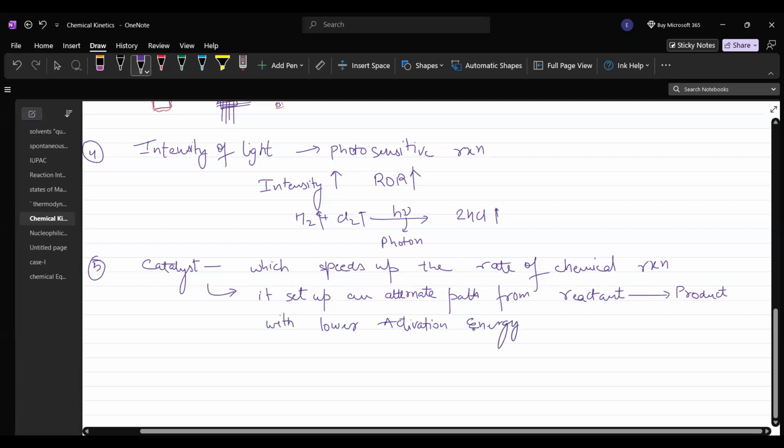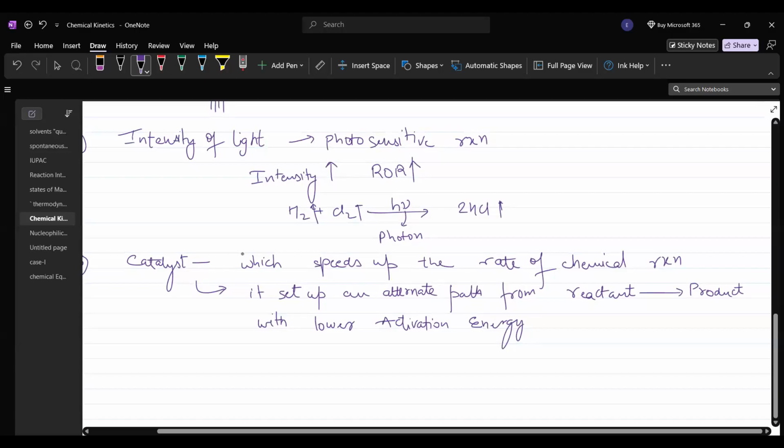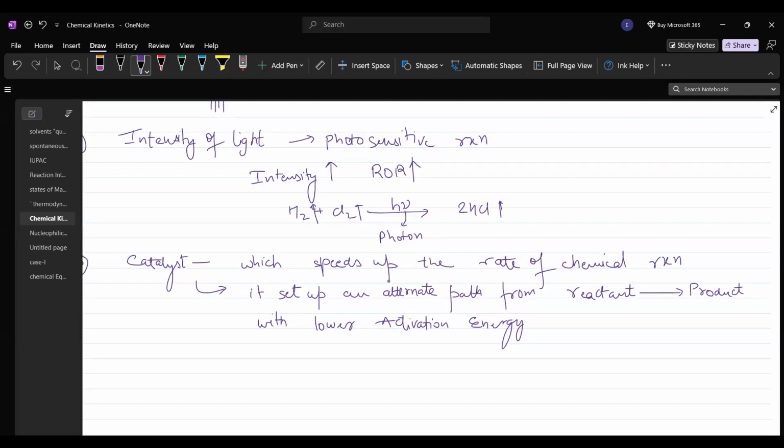See what I have written. What is a catalyst? This is the actual definition. That is, basic definition, which you may know, that catalysts are a substance which are speeding up the chemical reaction. But what is actually happening here is it is setting up an alternate path or easy path